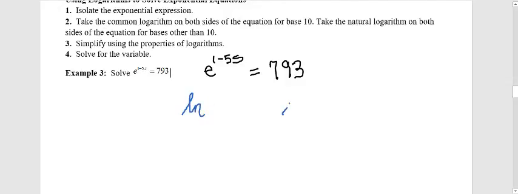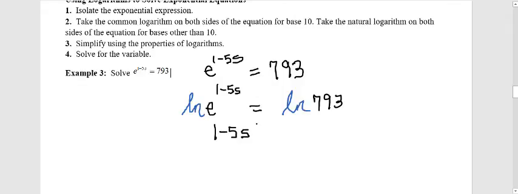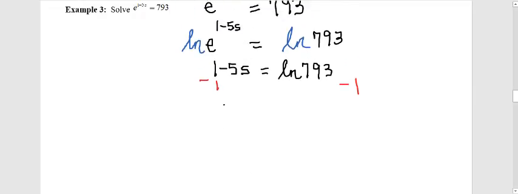And we're going to take, as the process says, the natural log on both sides of the equation. So on the left, we have the natural log of e to the 1 minus 5s. Log properties tell me that simplifies to 1 minus 5s. So I'm using the inverse property of logs and exponentials. The base of the natural log is e, and if I apply a natural log to an exponential whose base is e, I simply get the exponent